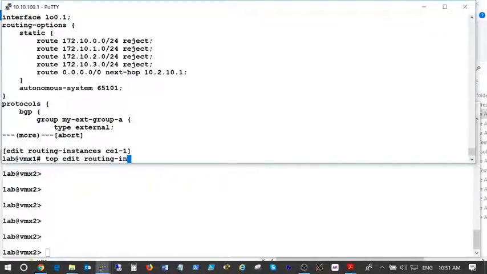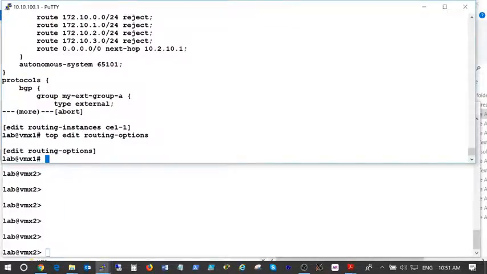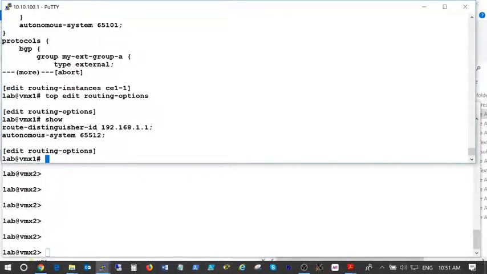So you're going to go to routing options. And let's see what we've got there right now. Not much, just a route distinguisher and our autonomous system. So we're going to set a static route, and this is going to be going down to this CE. It is going to be